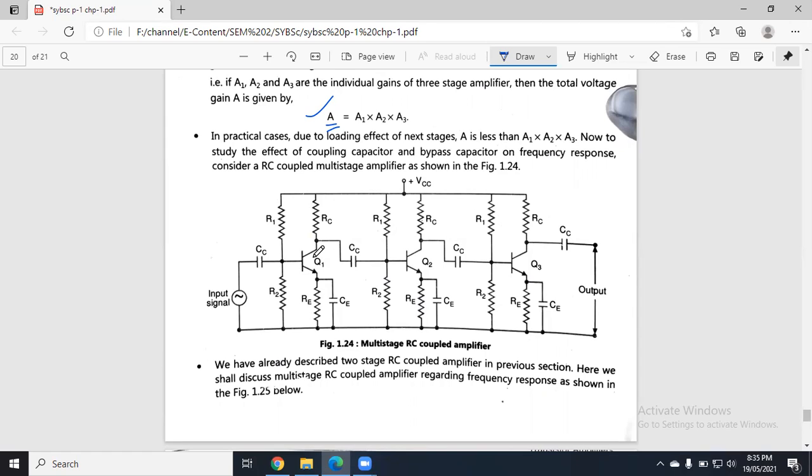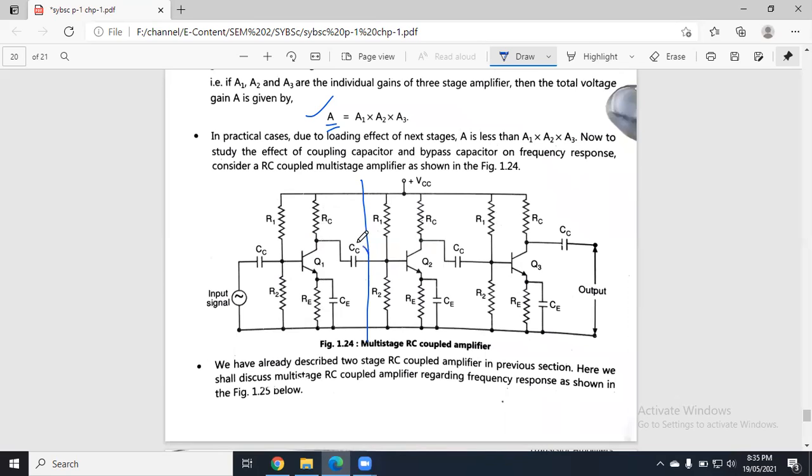It is having its required associated circuitry. See here, this first section of the diagram is exactly similar to the diagram we have drawn for the single stage amplifier. Correct? In single stage, we had this voltage divider bias, and this input capacitor, this is input. At the emitter of your transistor, you have a resistor and capacitor parallel combination. At the collector, there is a resistor RC. At output, we have a capacitor.